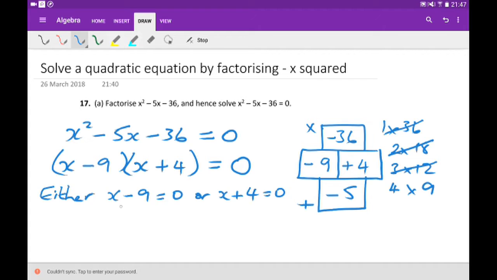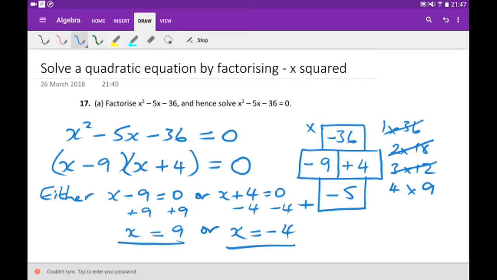So what we have now are two little linear equations to solve to find x. If x minus 9 is 0, to get rid of my minus 9, I add 9 to both sides, and then I have x equals 9. Or, take away 4 from both sides to get rid of the plus 4, and x equals minus 4. And we always have two answers when we're solving a quadratic equation, because basically